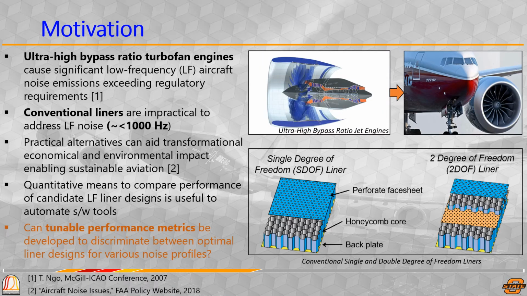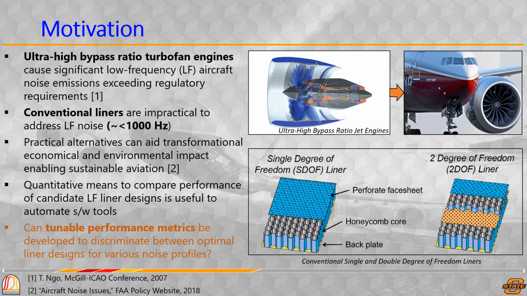The need for small, lightweight liners comes from ultra-high bypass ratio turbofan engines, which cause significantly low frequency noise emissions. Conventional liners used today are impractical for frequencies below about 1000 Hz. Quantifying these liners with the LFPs is useful to compare different liner candidates to one another for quick iterations in the future. The goal is to discover if tunable performance metrics can be developed to discriminate between optimal liner designs